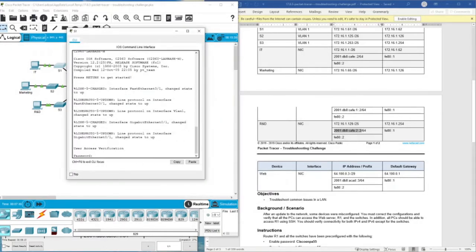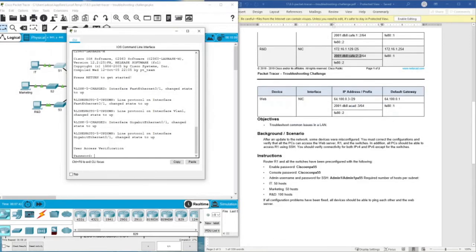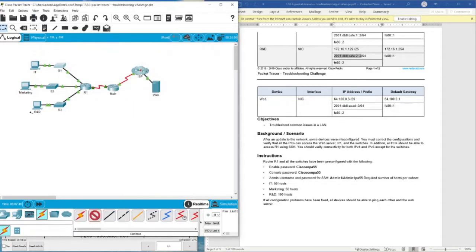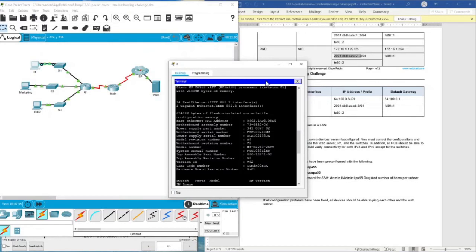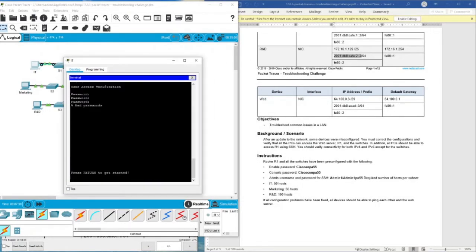So we need a password here and a password for the console, because now we are logging in through a console. We can do something like this as well. Because I'm logging through a console, I need a password, and the password for the console is Cisco CONPA55. So I logged in to the console, and now I have to type enable, and the enable password is Cisco